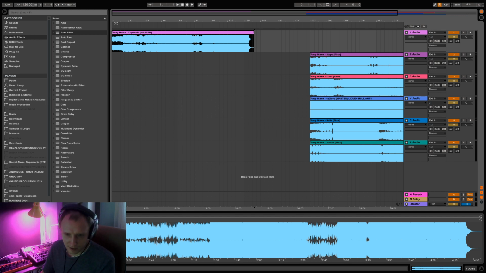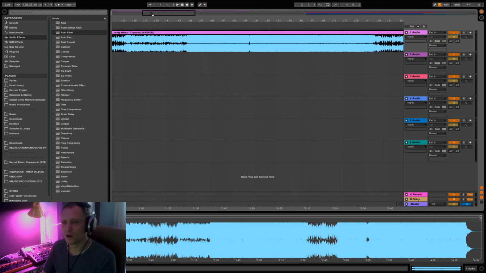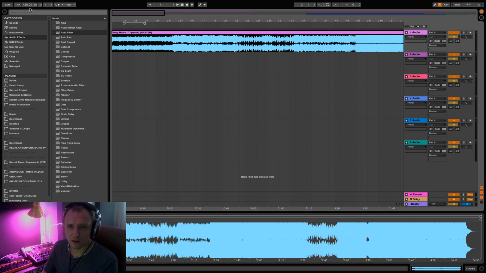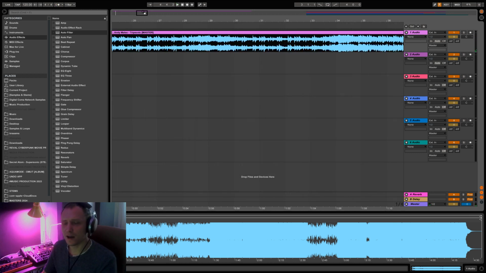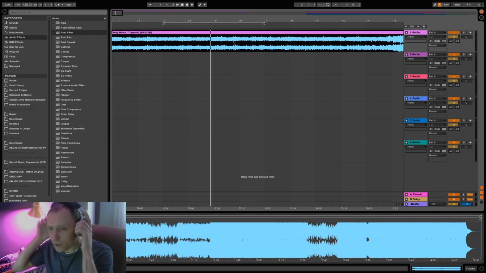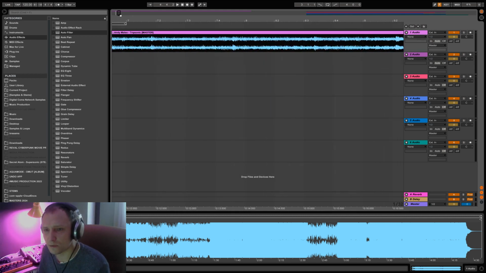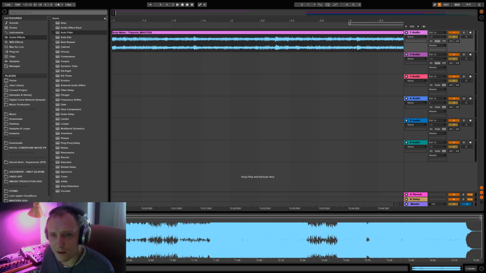Here is the warp button. You don't press that straight away. First thing you have to figure out is: what is the BPM of my song? By turning on the metronome, you can hear my hi-hat is not playing with the metronome. So what we do now is we have to imagine that you don't know the tempo of the tune. So you will have to adjust the metronome